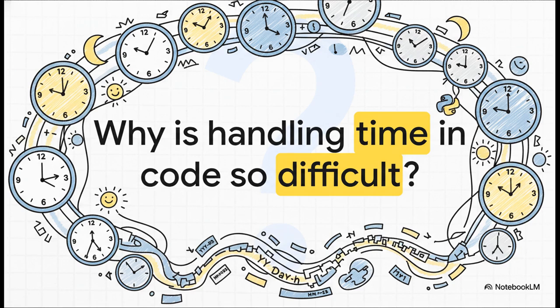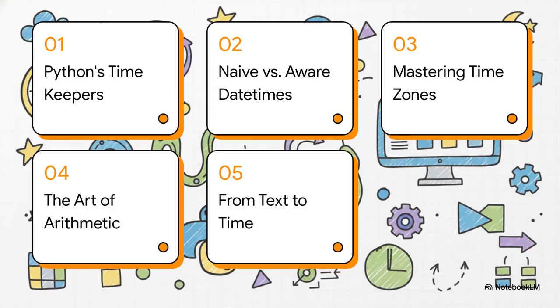But let's be honest. If you've ever pulled your hair out over a time zone bug or some random date parsing error, you know it is way more complicated than it looks. The real world is just messy. You've got time zones, daylight saving, all these different text formats. It's a lot. So, to get a handle on all this, we're going to break it down into 5 key